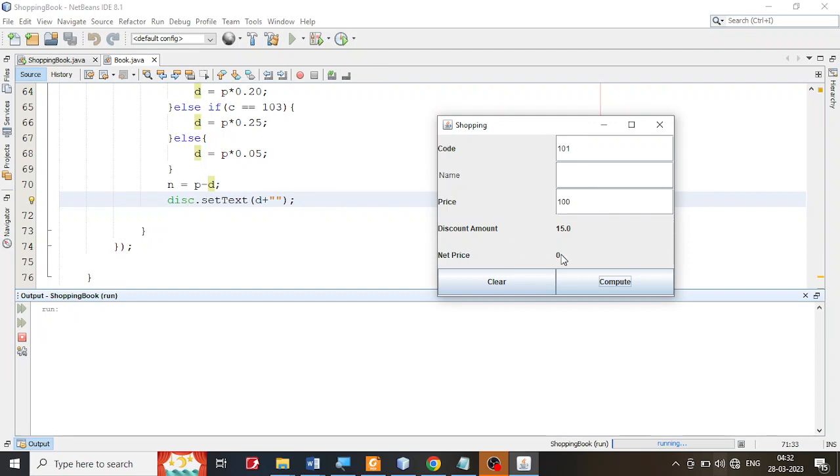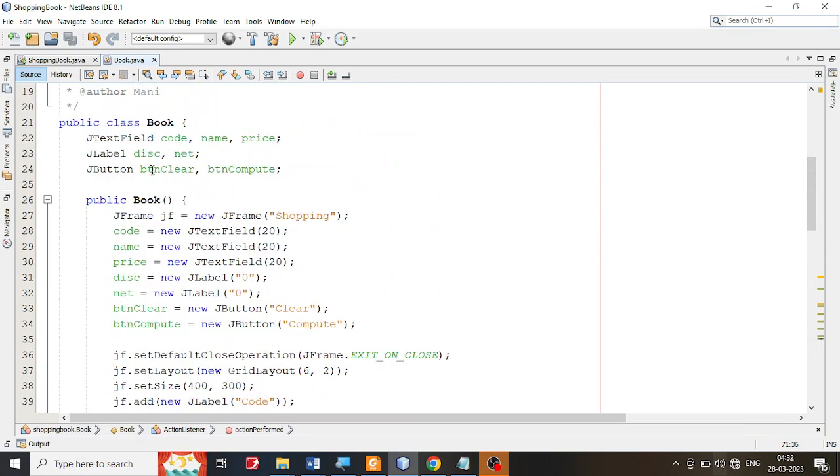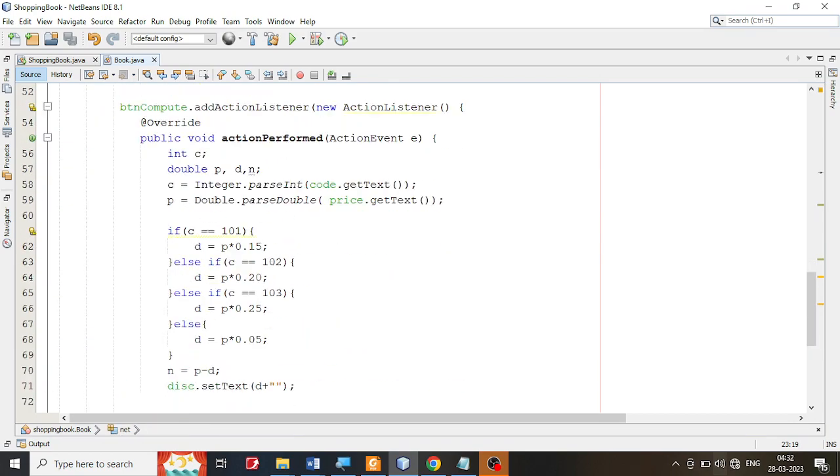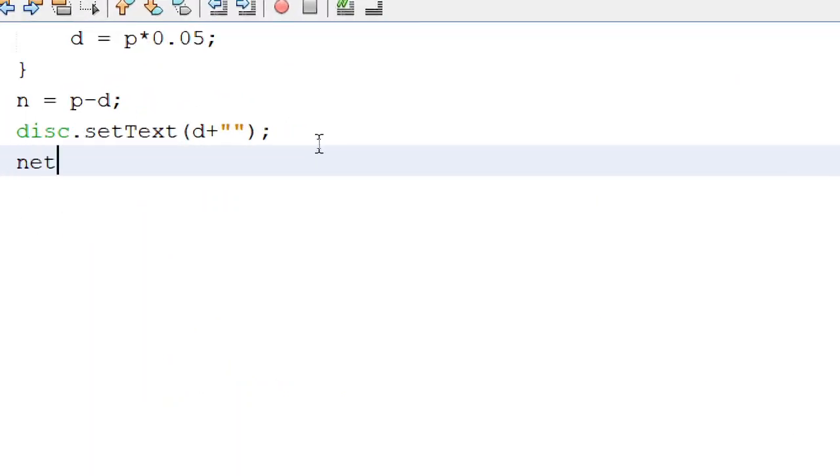Next thing I'm supposed to do is set the price. So let's set that thing. That is the net price. What is the name I gave to that? It is net here. So I'm going to go here and say net dot set text, and what is it? Okay, n plus